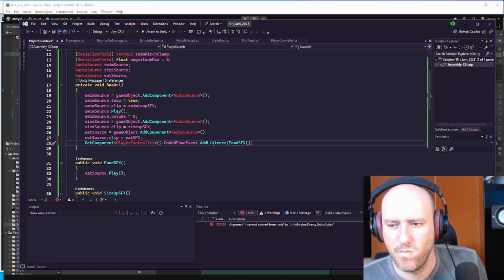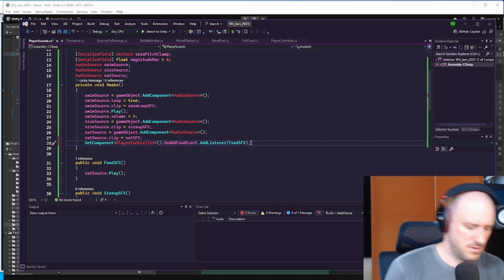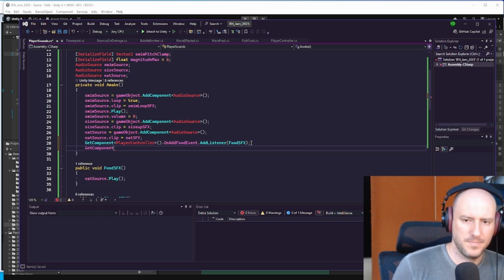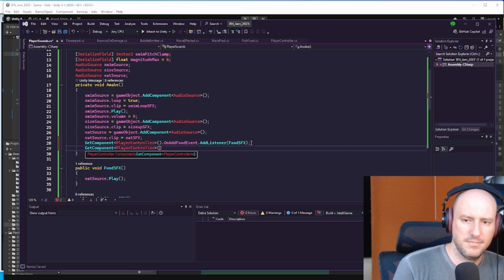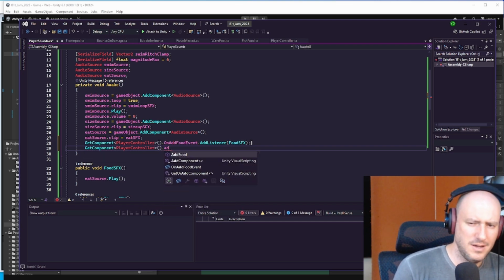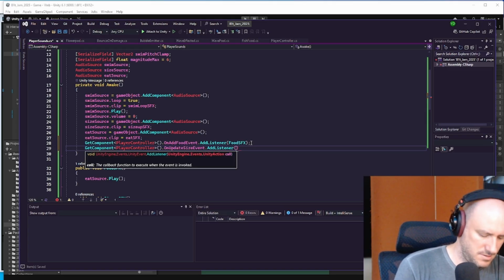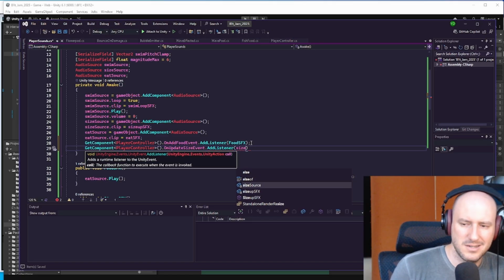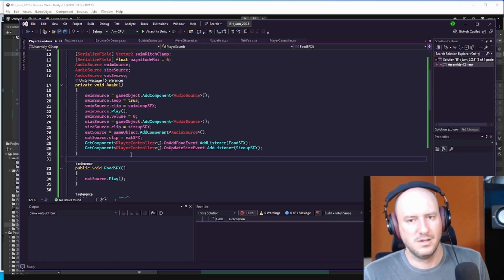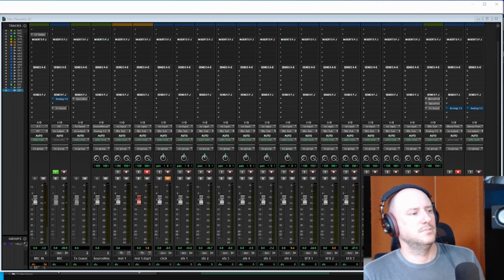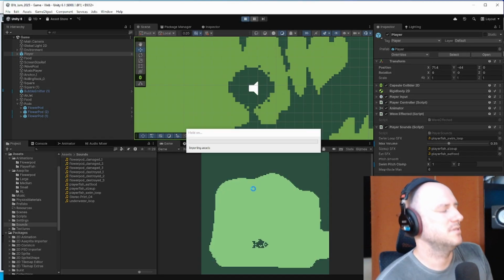Action. Get component. Player controller. Not add food. Size. Add listener. Size. There we go. Let's see if that does it. Now we should hear food sounds and